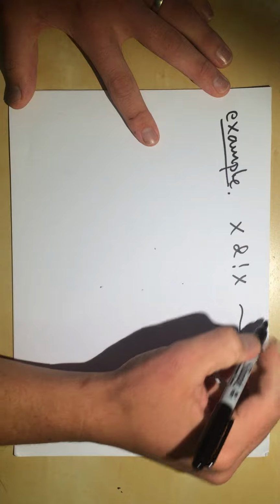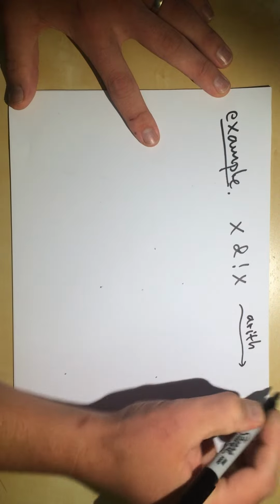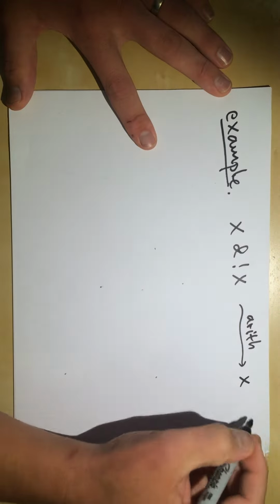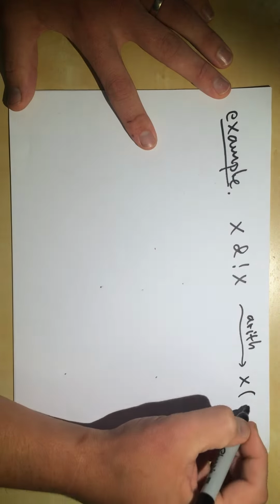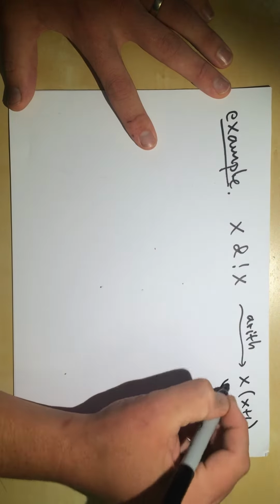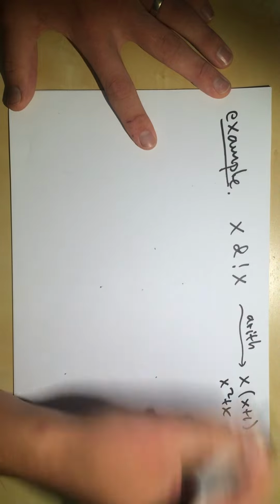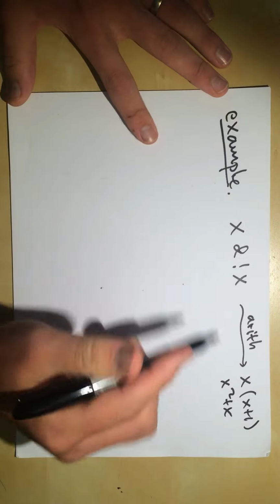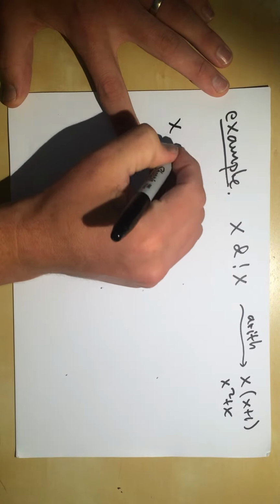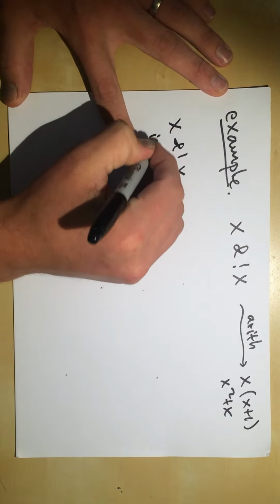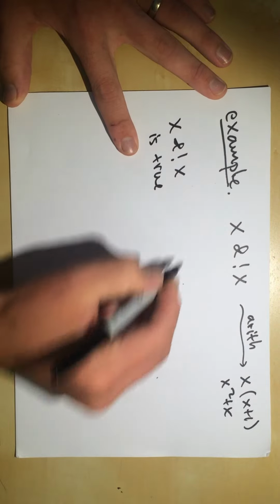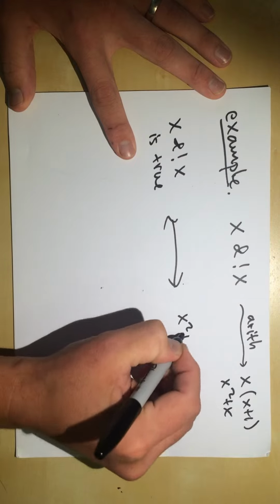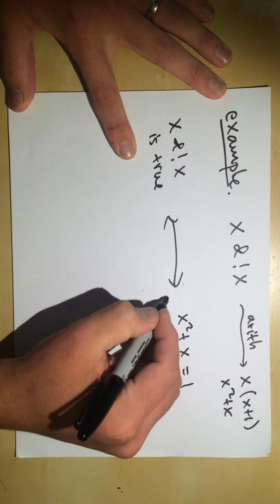Let's arithmetize. And we see that this becomes, from our rules, and is multiplication, and not x is x plus 1, so this becomes this. So this is x squared plus x if we distribute it out. And so the satisfiability problem, so we have that x and not x is true if and only if this equation, x squared plus x is equal to 1, has a solution